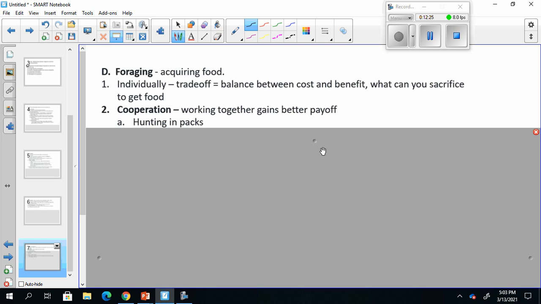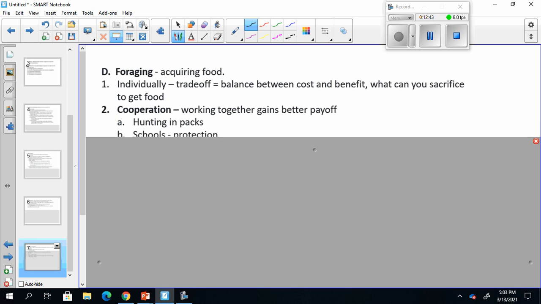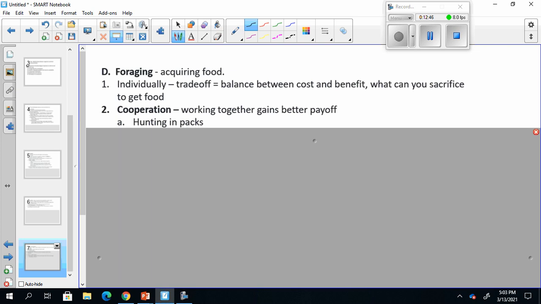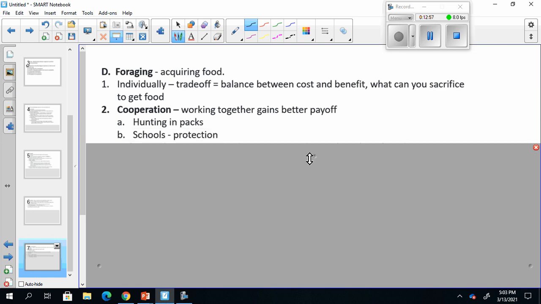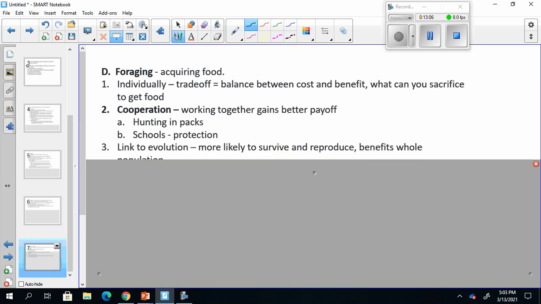Think about hunting in packs. Or even pelicans, they do something really cool. They go in shallow water and circle up. When they circle up, they have gotten fish in a small little circle between them all, and they've narrowed them down, and now they can hunt them in a very small area. Or think of hyenas hunting in packs. They wouldn't individually be able to take down a zebra, but as a pack, they could take down a zebra, which is a much greater benefit. Or fish in schools, that cooperation is also a great benefit. Those are the two most common things, hunting or protection.